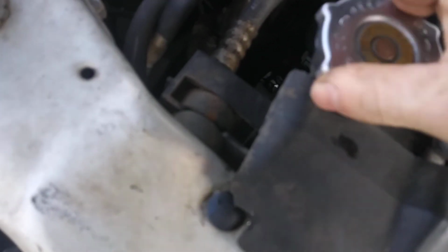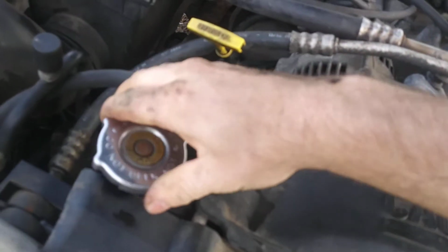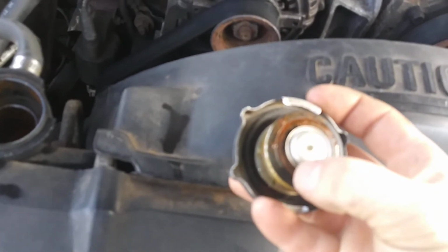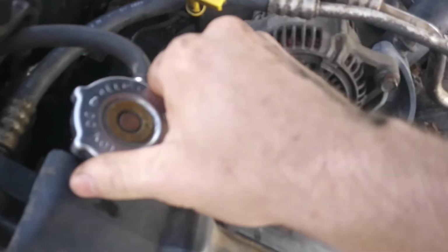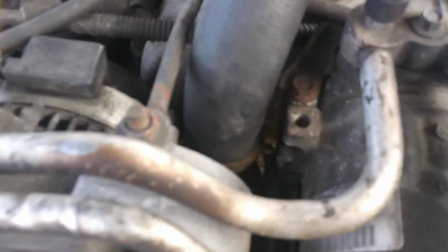But I might have to get another radiator cap, because I run this thing and I'm not getting any pressure on the lines on these coolant hoses. So I think what it is, because I had this trouble with my C10, this cap's probably been on and off 50 million times, and it's worn a little groove in there like you see. So it's not sealing up like it's supposed to be, not sealing tight. So I'm gonna throw a new radiator cap on it, because it's not coming up to operating temperature either. Then I'm gonna get down in here and